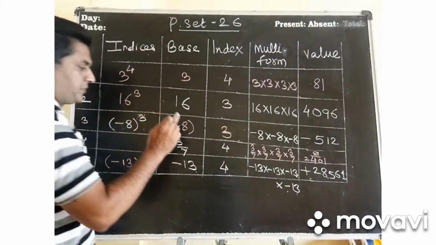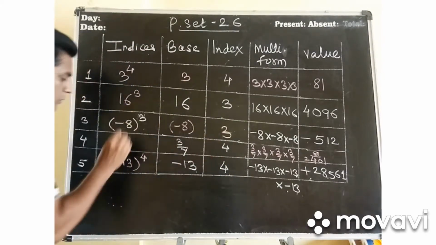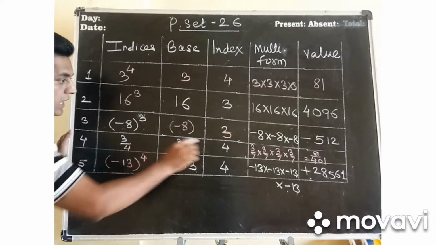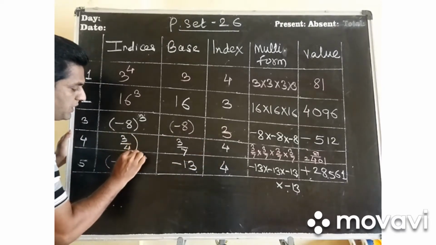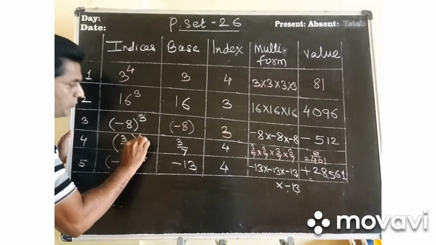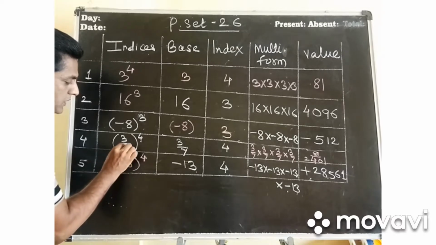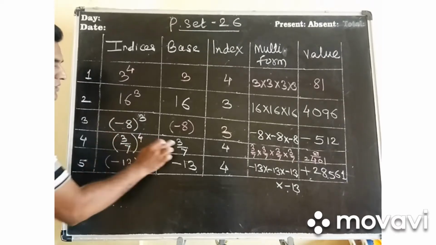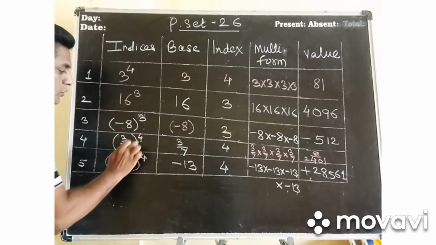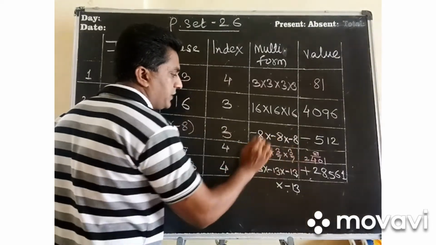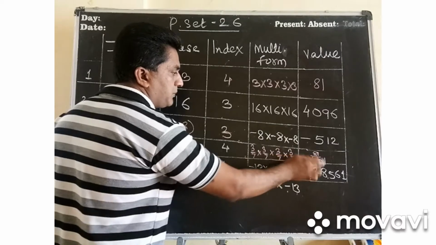And already see, 3 upon 7 and 4. So here I will write down 3 upon 7 raised to 4 in the index. Make a bracket here and write down 4 here. Sorry, here what must be there? 7 must be there. 3 upon 7 raised to 4. And the answer is already given. 3 into 3 into 3 into 3, 81. 7, 7, 7, 7, multiply and you will get it.